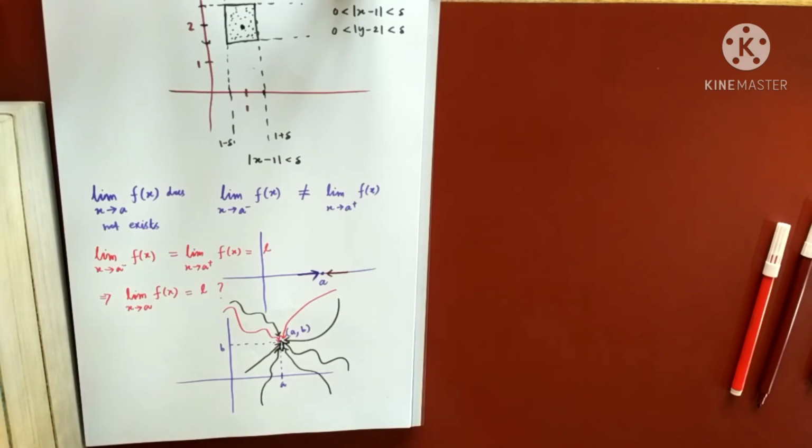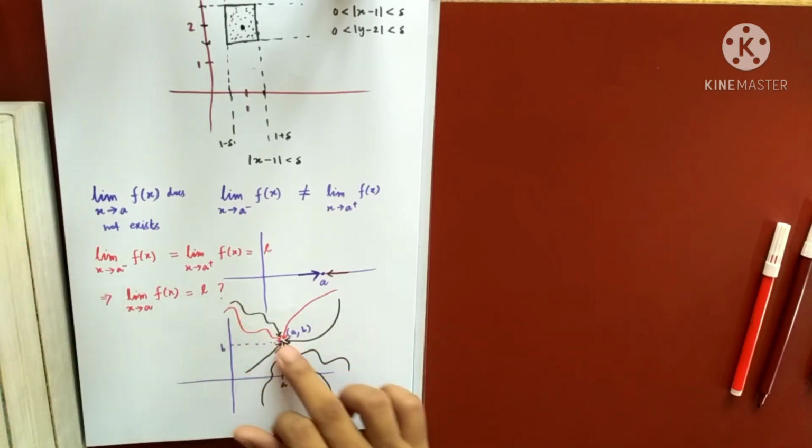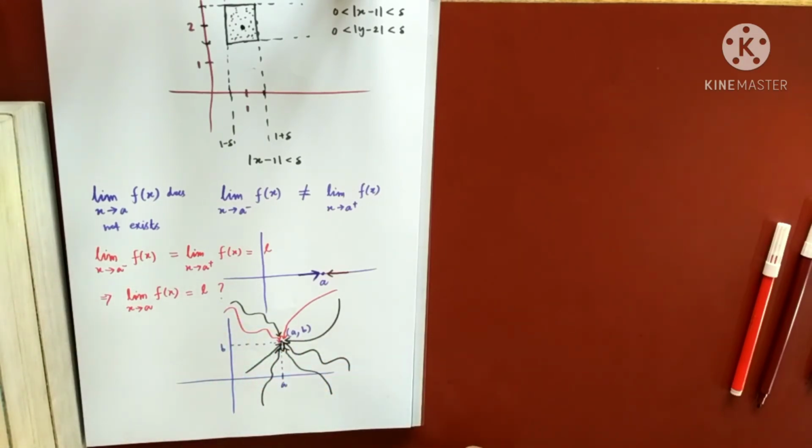So I want to prove that the limit at some point does not exist. What can I do? Suppose I take a path and the value is coming L1. I take another path and the value is coming L2. If they are distinct, I can simply claim that the limit does not exist. Am I clear up to here? Please be very honest if you did not understand my point.